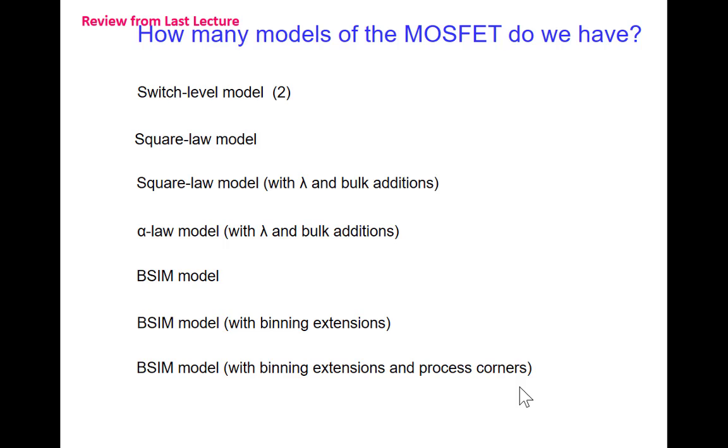But that wasn't good enough, because we found out if we make devices with different dimensions, and we extract the model parameters, those 95 model parameters for one device, we take ones a little bit bigger, a little bit smaller, and we extract different parameters. So what we do is we have binning models. And the way a binning model works is you have a device of a certain dimension, it looks and sees which dimensions are closest to a model that it's got, and it pulls that model out. Each one of those models is a BSIM model. So if you have 16 bins, and you have 100 parameters to each bin, you have 1,600 parameters already to